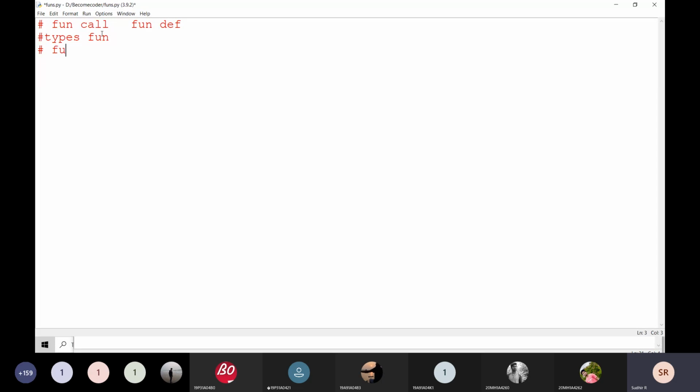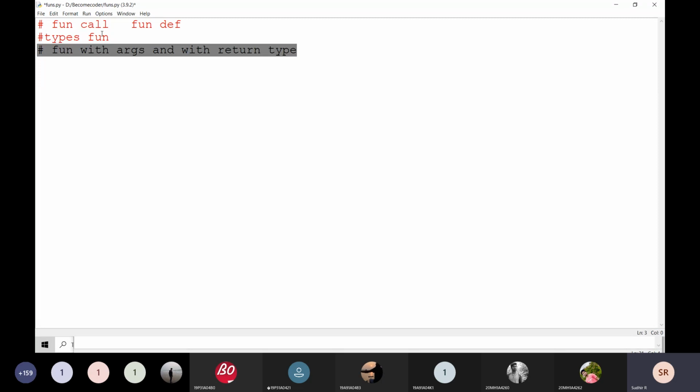Function with arguments and with return type, the most useful thing.